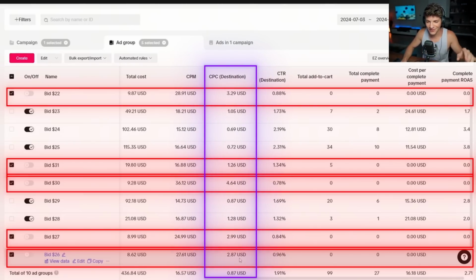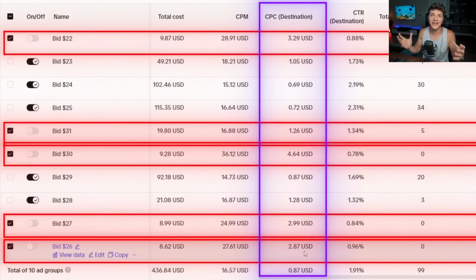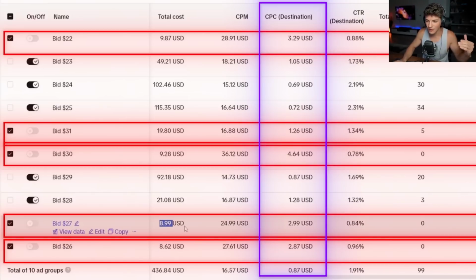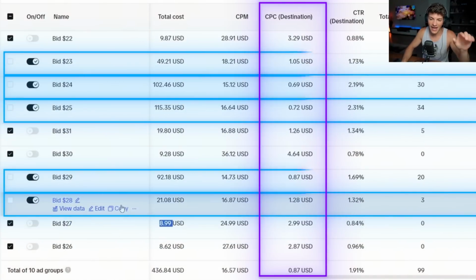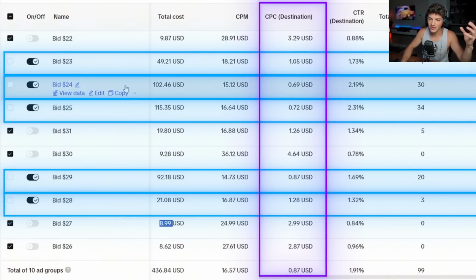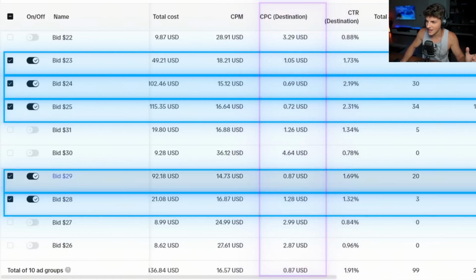Look at the cost per click on these 5 versus the other 5, and they just weren't getting the same clicking intent, so I shut these off quite early before they managed to spend too much. That way, my money can be allocated on the bids that will actually get us some traction. Then the rest of these bids were generating us some sales, and you want to pay close attention to this